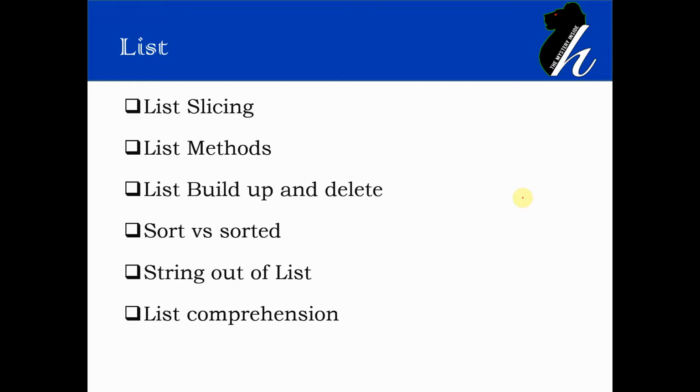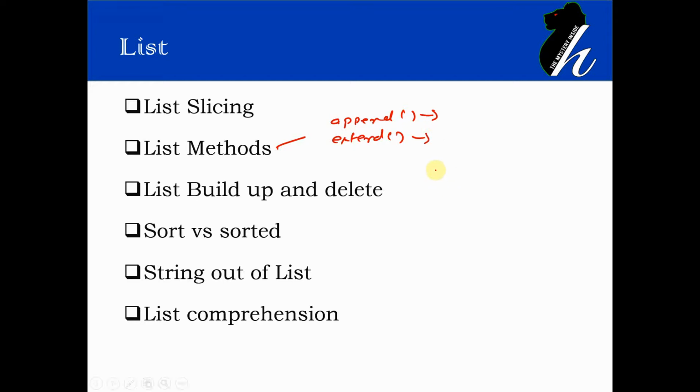Now let us understand various methods that work on lists. I would like to start explaining list methods from append and extend. Basically the append method is gonna add a single element at the end of the list, whereas the extend method is gonna append another list at the end of the existing list.